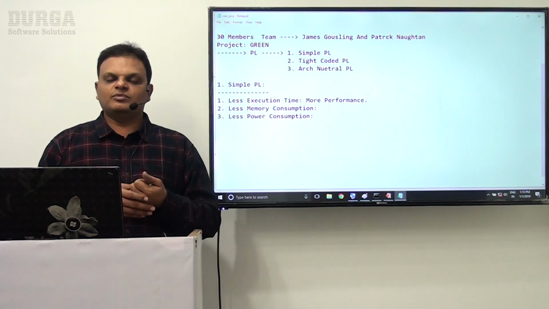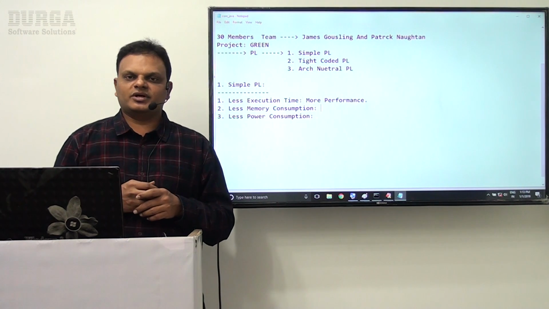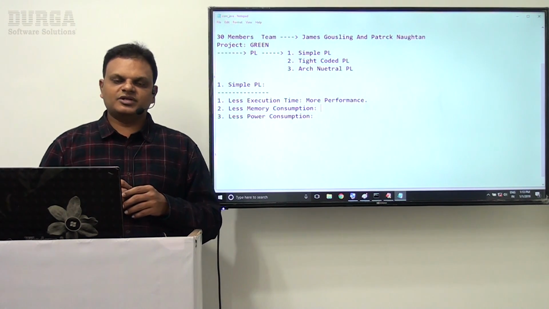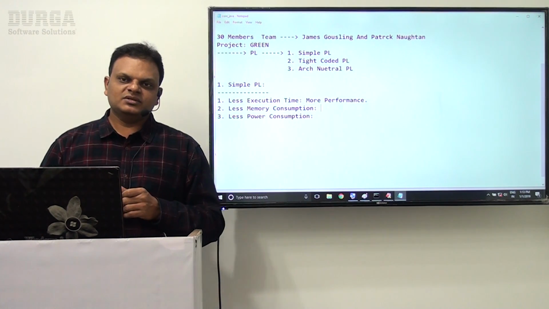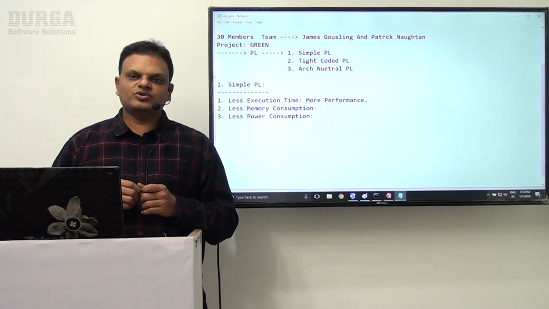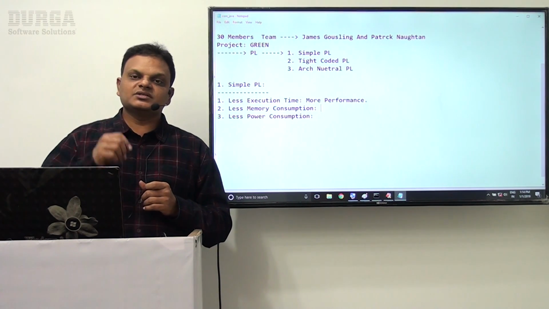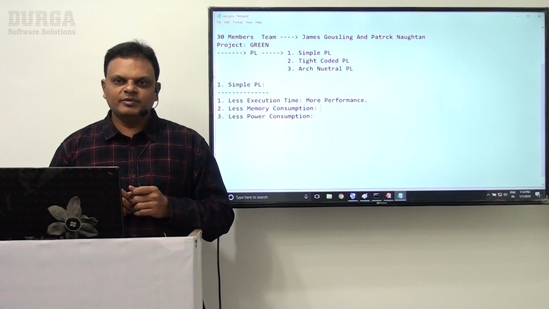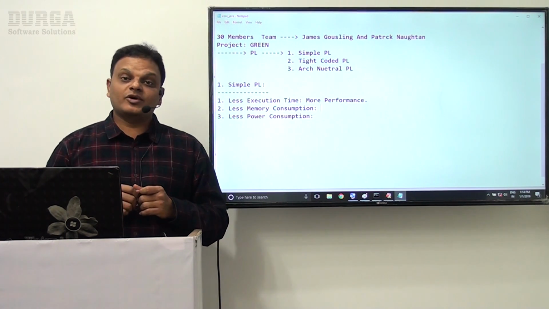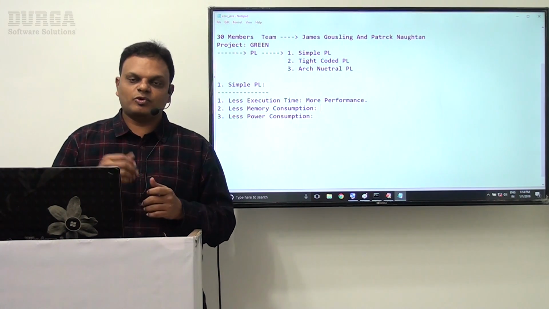But when the cost of the end product is increased, customers may not be attracted to this product. Because of that reason, some people want to prepare a programming language that takes less memory for their applications. If their applications take less memory, automatically the cost of the end product will be reduced. When the cost of the end product is reduced, customers will be attracted to this product more.